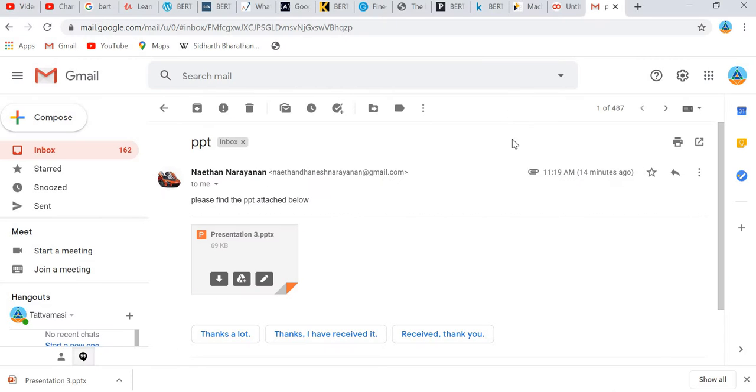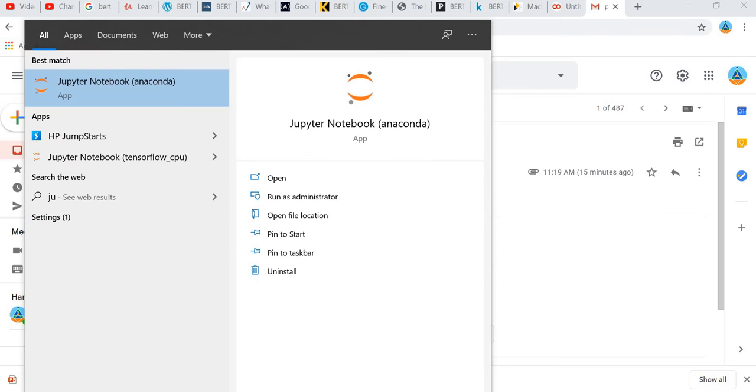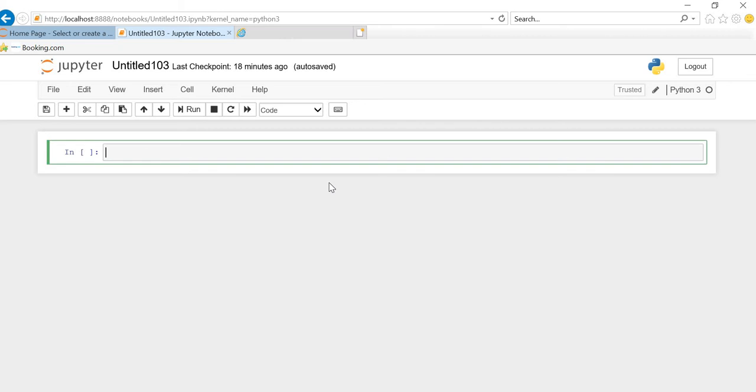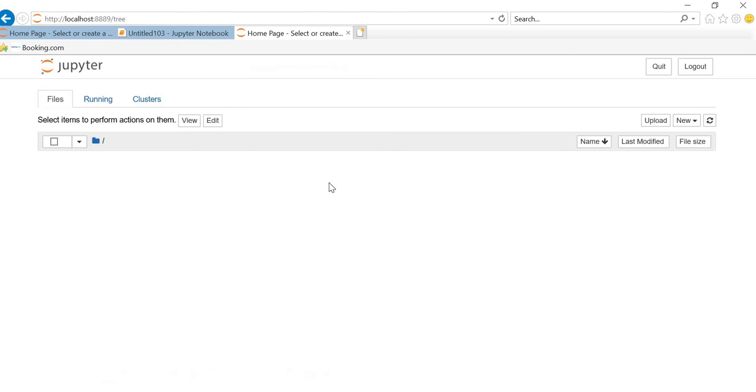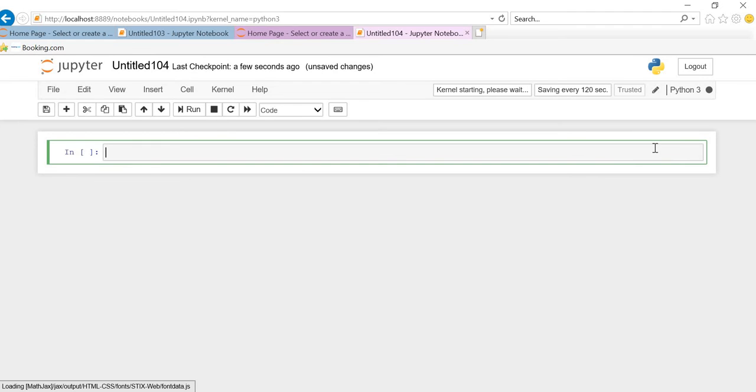in Jupyter Notebook. So I'm going to show you how to open Jupyter Notebook again. You go to the taskbar, type Jupyter, then press open and then wait for it to take you to Jupyter. I'm going to do a new Python. Now we are going to find a type.